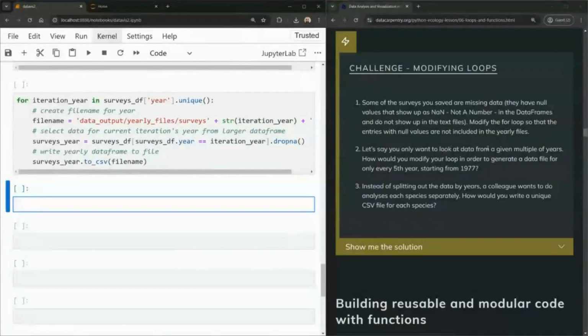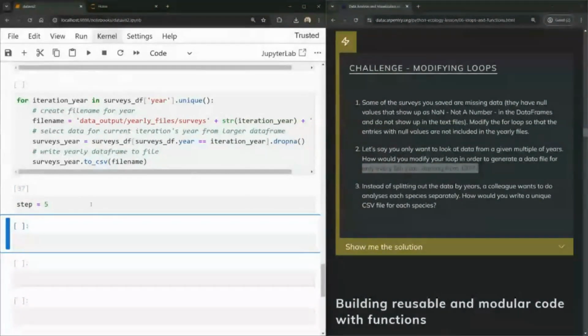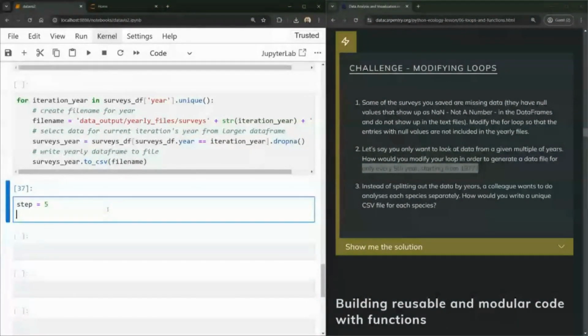we're asked that we want to look at the data for a given multiple of years. How would we modify the loop to generate the data for only every fifth year starting from 77? So we could make a list ourselves of the years we want, but there is a slightly more Pythonic, more automated way of doing that. So if we want to use a step of 5 and we want to check our minimum and maximum values of year for our surveys DF,